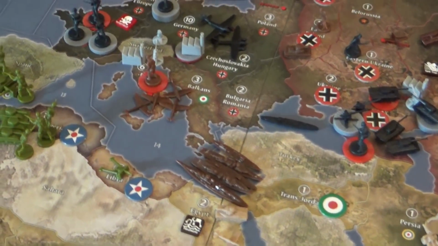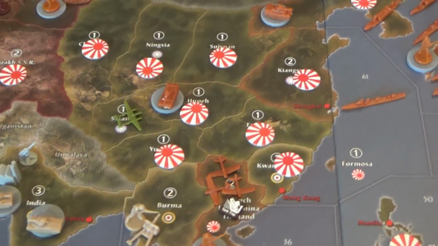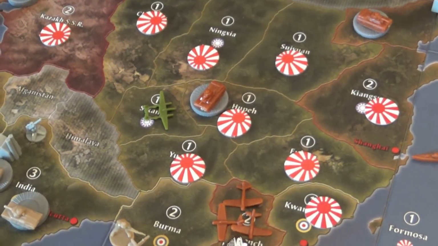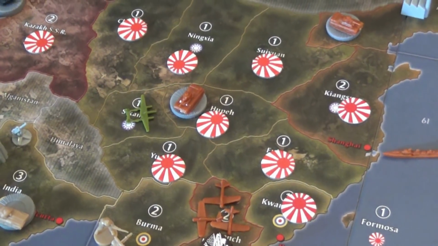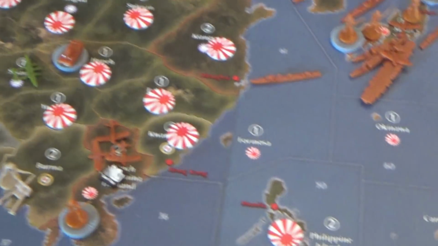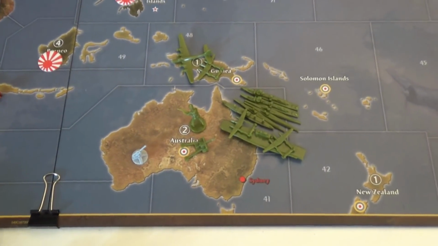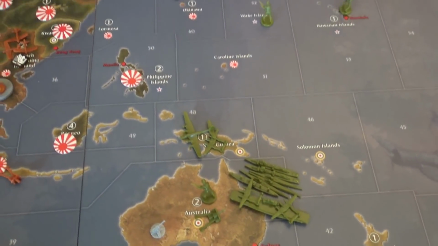But yeah, we're doing what we can. We lost pretty much all of China. They lost all their infantry and only got the 1 spot left. So it looks like Flying Tigers are going to be extinct here. But we did come down here and managed to get Australia back for Britain, and we had a beautiful move